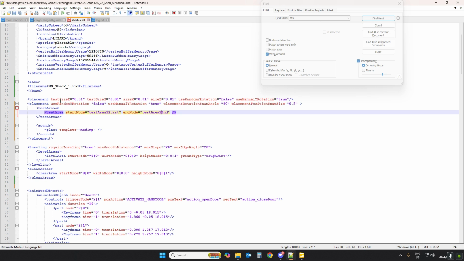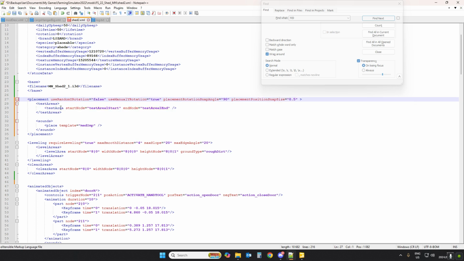Now, test size, they have got sizes here, Z and X, test size X, test size Z, size X, size Z. All right, so what we're going to do is just remove that whole thing there, like that. And this start node and end node, obviously, for test areas in